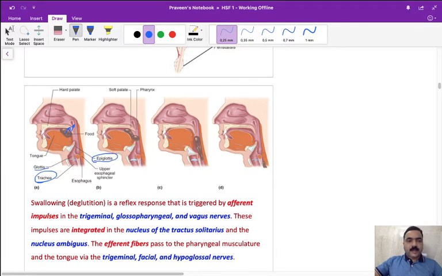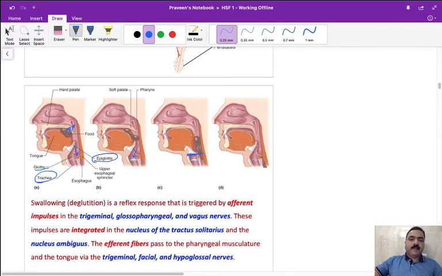You can see as the food particles are moving down, what will happen to the epiglottis? It will also move down, and see over here it closes off the trachea. So the food is guided towards the esophagus. It is also a voluntary phase because these muscles are voluntary muscles, but this does not happen like a voluntary action. It is mostly an involuntary action or a reflex action, even though the skeletal muscles are involved.